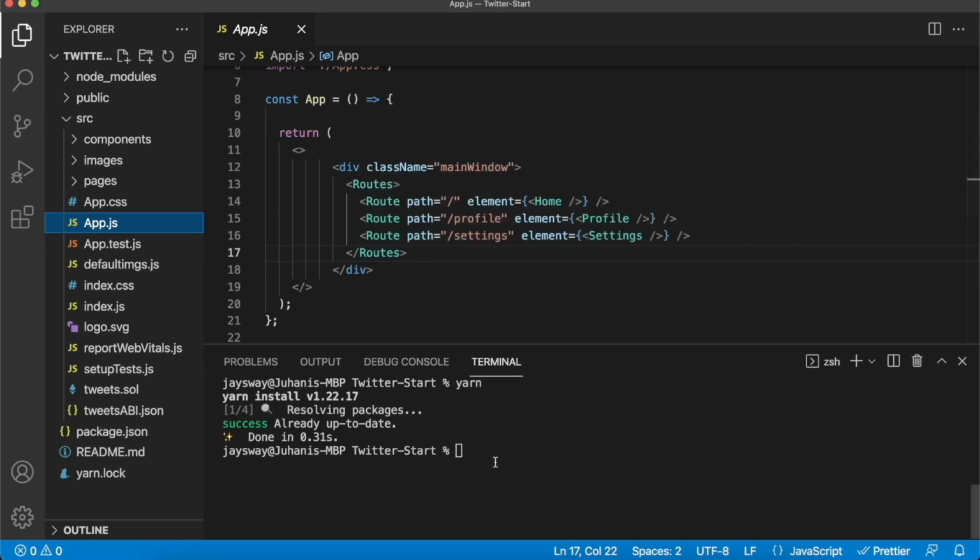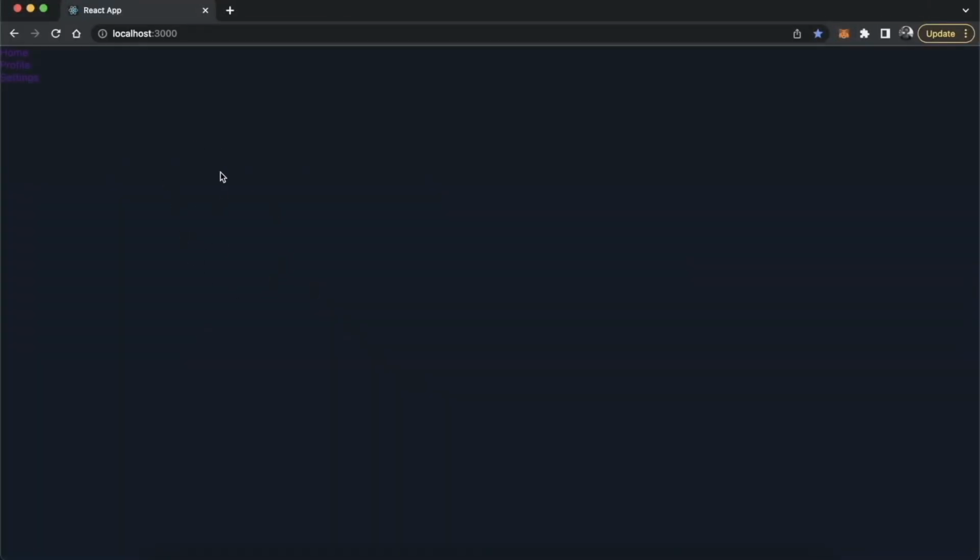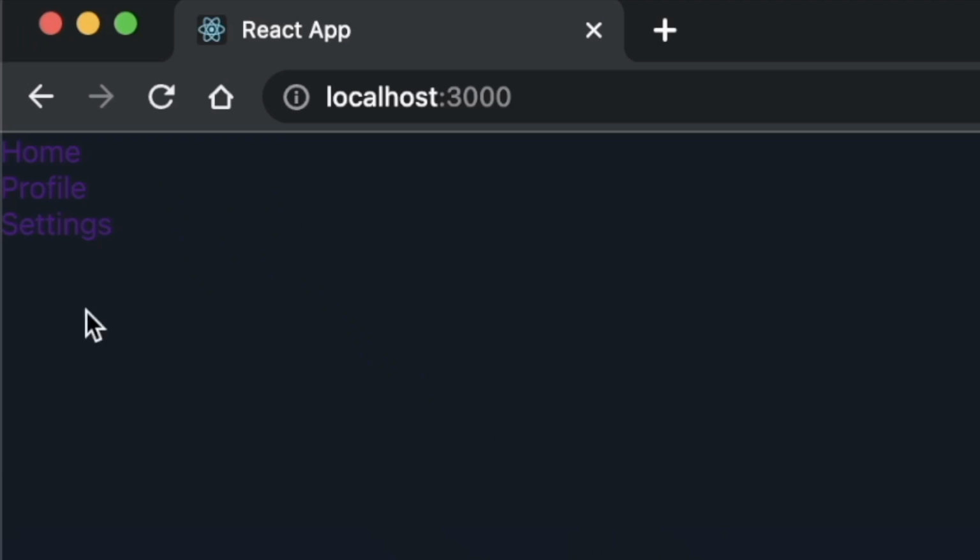it. So if we run our app, yarn start, we get this very simple page with a dark theme, and we have our different pages. We have the profile page, the settings page, and back to the home page. And now we can go ahead and start making our page look nice. So we have a sidebar, our main window, and then a right bar, mimicking the structure of the actual Twitter